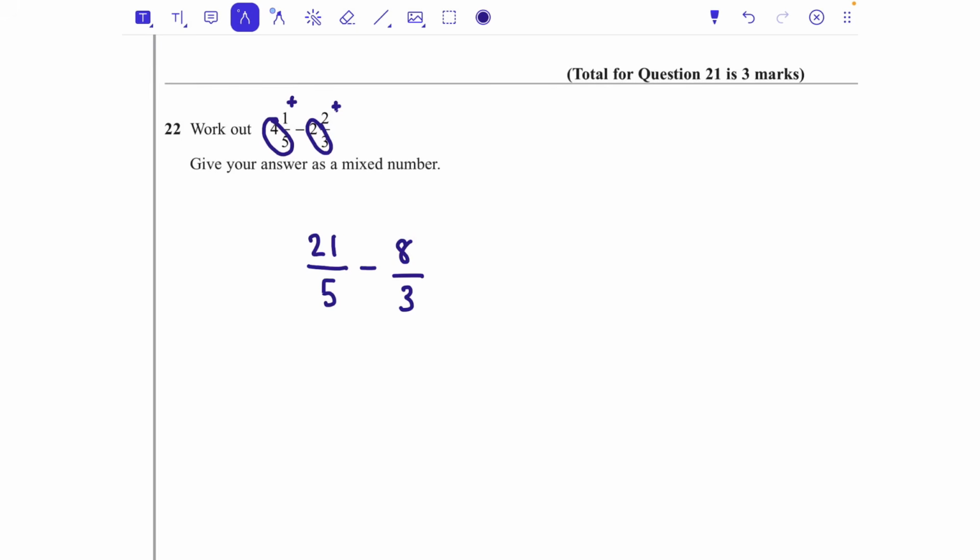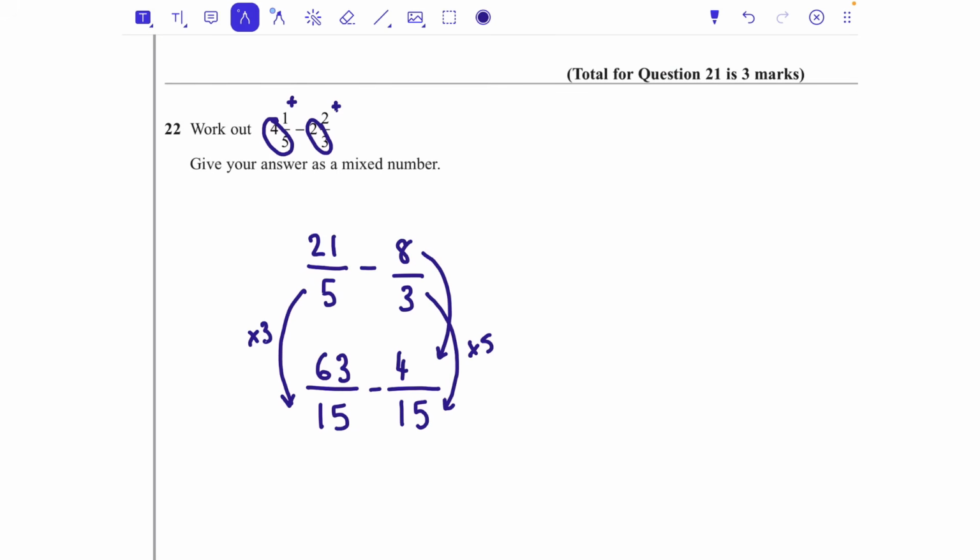And then to be able to take away fractions, it's the same as adding. You need to make the denominators the same. I'm going to make both these fractions out of 15 because 15 is the first number that's in the 5 times table and the 3 times table. What have I done to the first fraction to make it out of 15? I have multiplied by 3. So I also need to times the top by 3, and that is 63. With the second fraction, I've multiplied the bottom by 5, so I also need to multiply the top by 5, and that is 40. 63 take away 40 is then 23 out of 15,